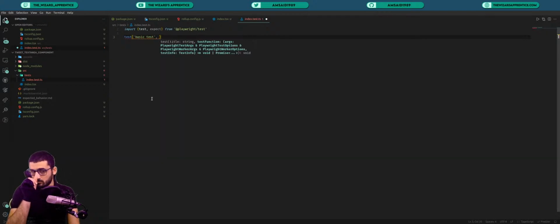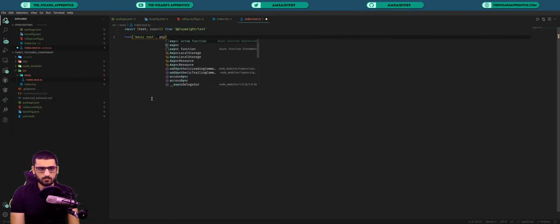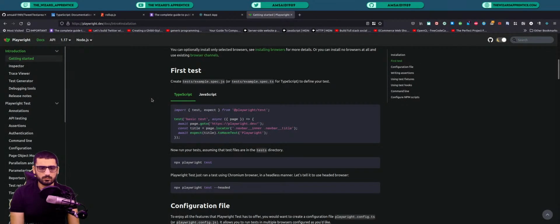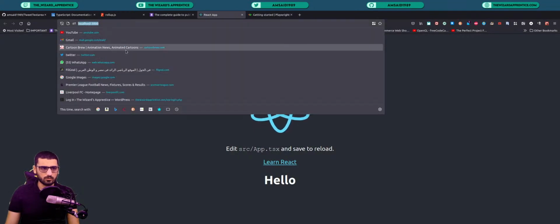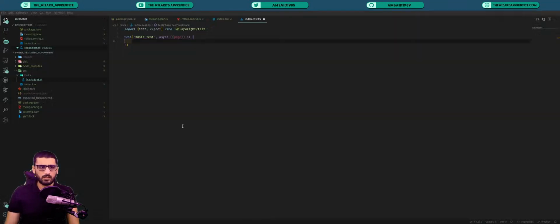The testing functions for the Playwright library are usually written as async functions, so we're going to do that, and we're going to get the page, and in here we'll tell it to go to our localhost because this is where our app is,